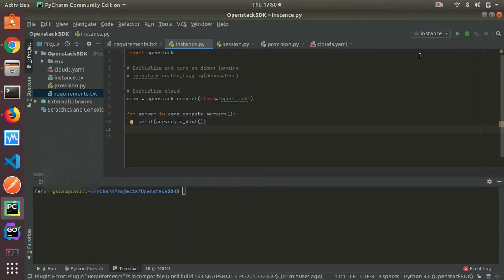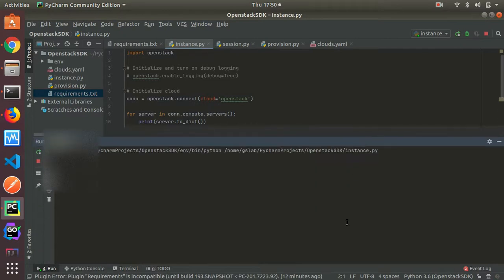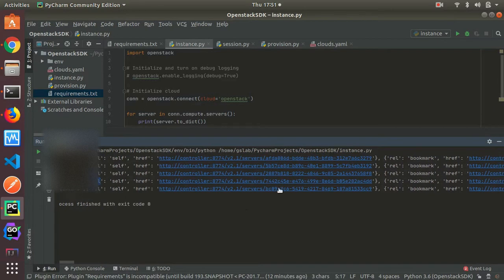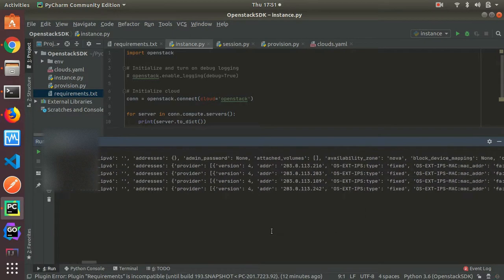I just need to click on Run and wait for the output. As you can see, 5 dictionaries appear here.